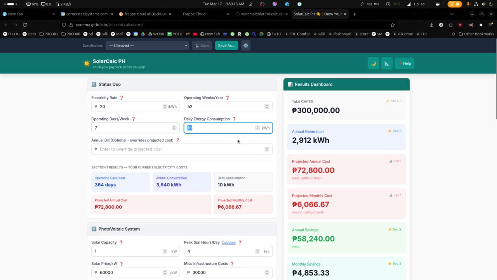So here, daily energy consumption is multiplied by the operating days per week and the operating weeks per year to get the projected annual cost. If this matches your bill, then you're on the right track. Let's say this is around my bill, then this is how much I'll be paying. Now that we know how much you're spending,